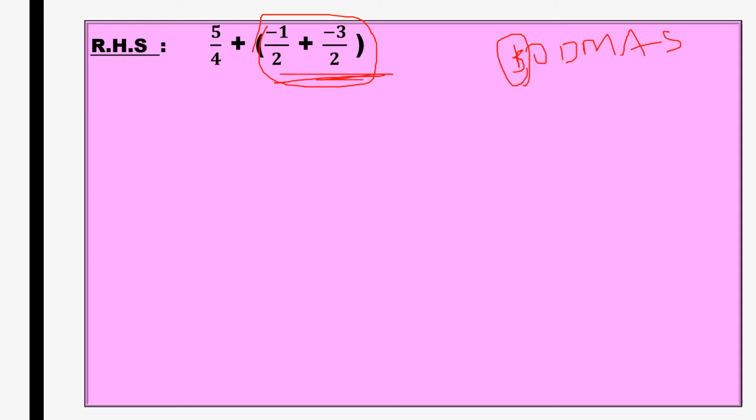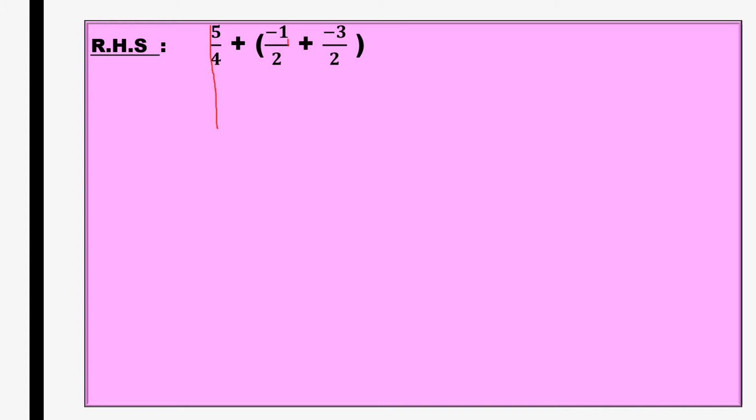Then off. Off is also bracket. Okay. Multiplication. Next division. Next multiplication. Next addition. Next subtraction. So here BODMAS, first bracket things we should simplify. Okay. This one I will write as it is. Minus 1 by 2 plus into minus I will do here. Plus into minus is minus.